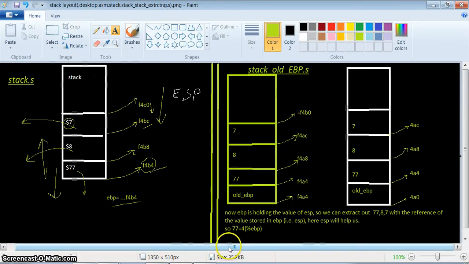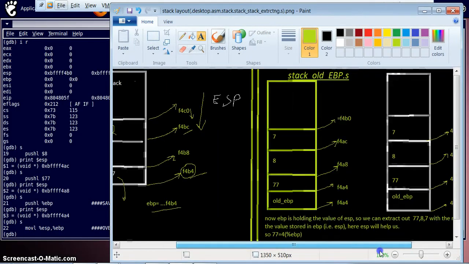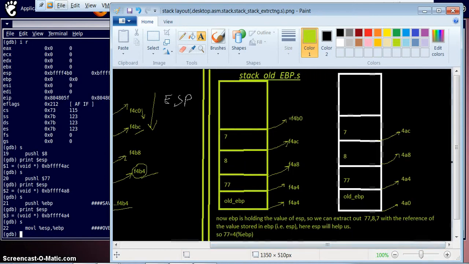Let's go to full screen now. Okay, so now our EBP, I made a note over here also. Sorry, EBP has been saved with the value of our stack pointer. Our previous stack pointer was over here, and whatever was the value of our stack pointer has been saved onto the EBP register.